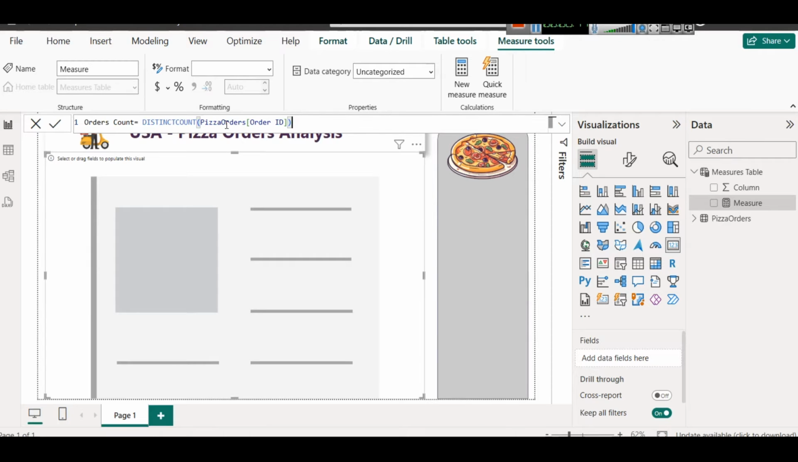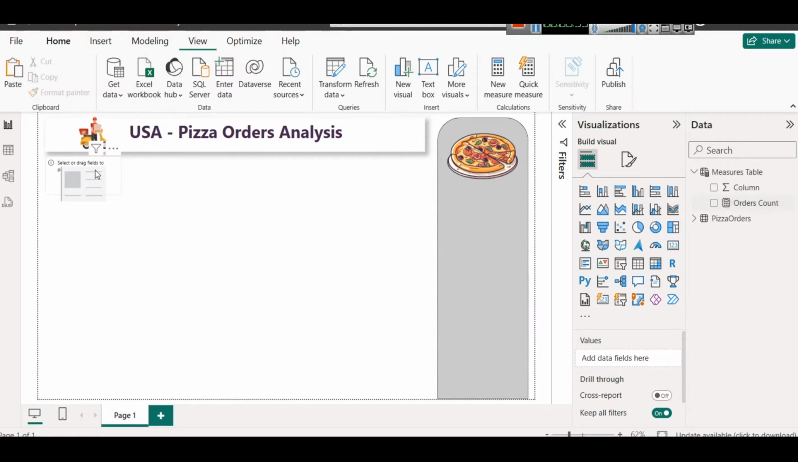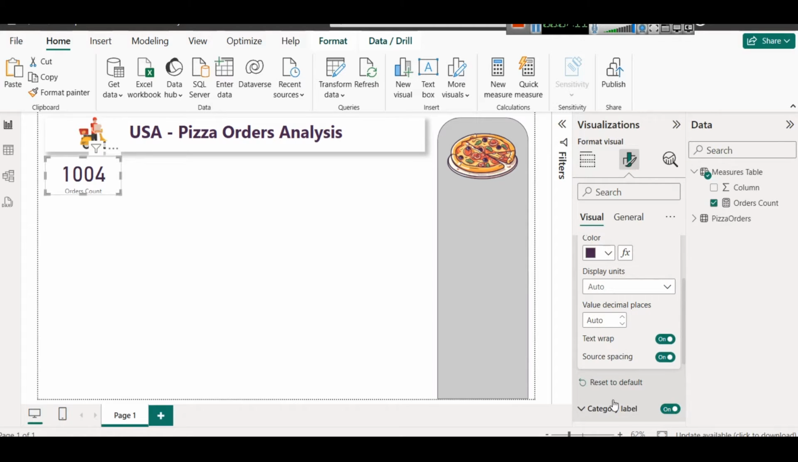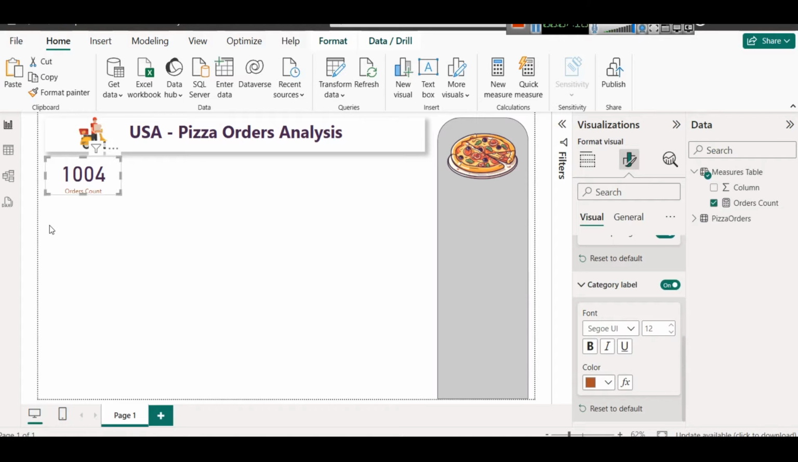It will count total number of unique orders from the order ID column, and once it is created, we will now place our KPIs like this. So this will be our KPI, which is created with the help of card, and I am just going to put orders count here. So you can see there are 1004 orders. Now in call out value, I will use the same color, and in category label, I will use the second color which is close to this, or